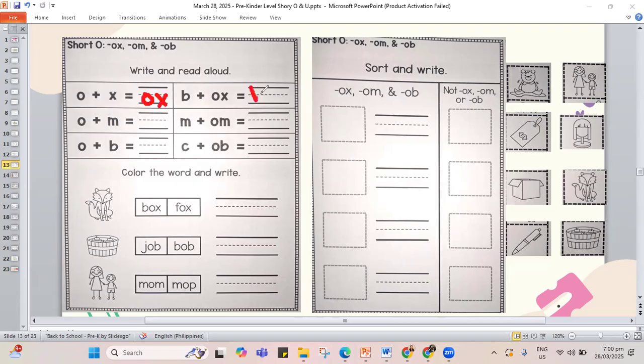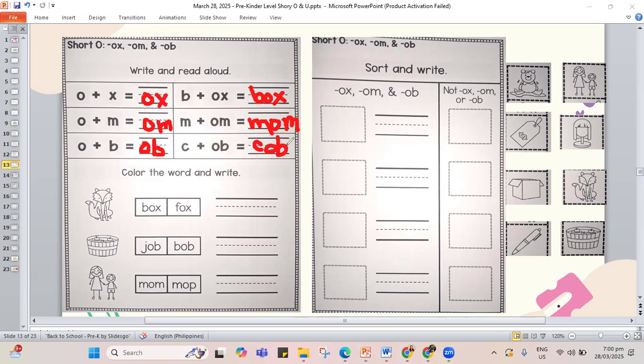Then if we add B, O, and X makes the word box. O and M, but if we add M, that's mom. Another one, ob words, O-B, ob. And then if we add C, O, and letter B, that makes cob.